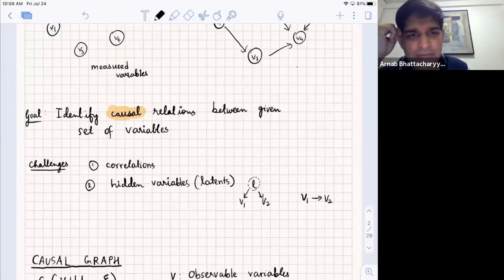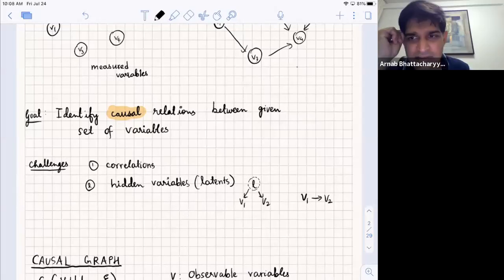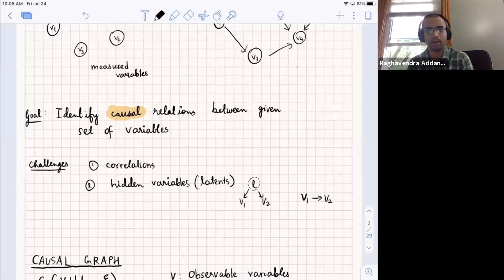So Raghav, just to interrupt, what do you mean by causal relations? Do you mean also the probability distributions, or you mean just the edges? As of now, just the edges. Okay. I'll describe the formal model, but yeah, X causes Y, that's all. So for the problem of discovery, we are only interested in recovering the graph, not the properties of the